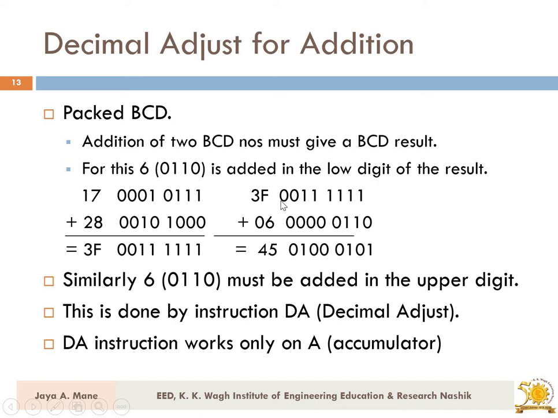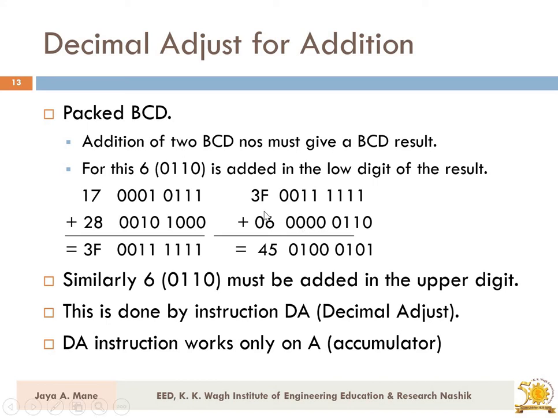So what is done for that purpose? To adjust that decimal, we have to add 6 to the lower nibble. Why the lower only? Why not the upper? Because the upper nibble is 3, that is between 0 to 9, so you don't need to convert it into binary coded decimal. We need to convert only the lower nibble. So we have added 6 to the lower nibble, and after addition we got the result 45. This is called the decimal adjust. This is done to convert the result back into binary coded decimal.